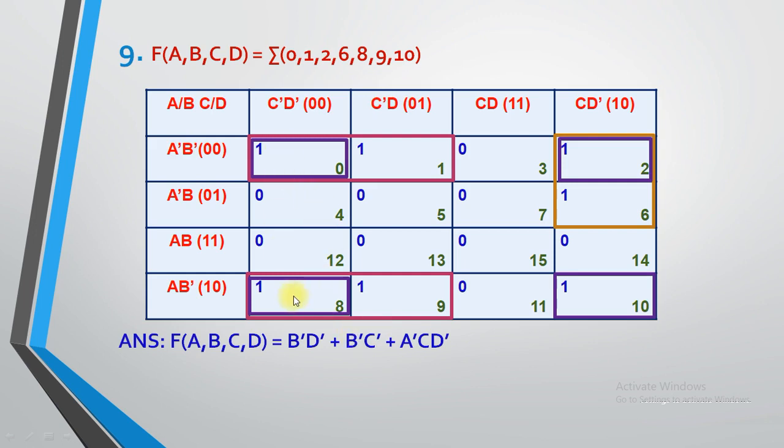Now consider all the corner coordinates. For all the corner coordinates, first of all, the rows are A dash, B dash, A, B dash. So A dash and A is skipped. So B dash. Now consider the column portion, C dash, D dash, C, D dash. So C dash we are not going to consider, so D dash is the answer. So B dash, D dash is the answer.